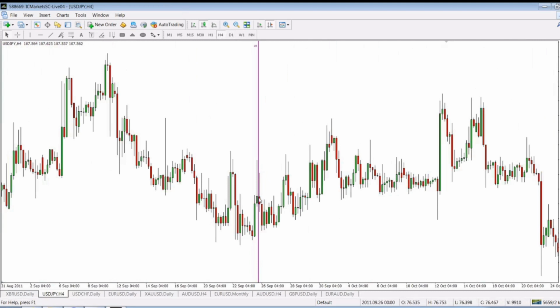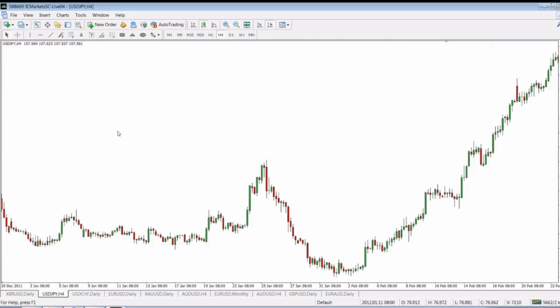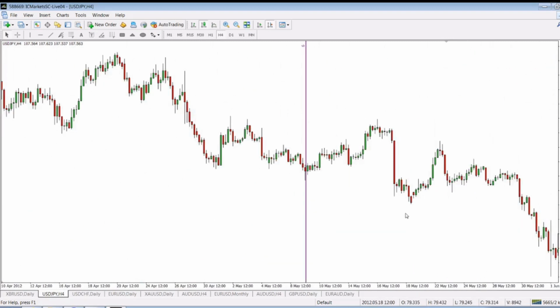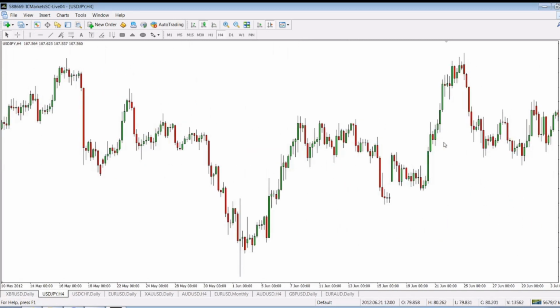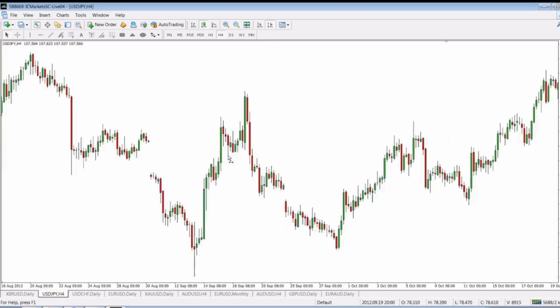We got right on the top. If you spot it, you spot it exactly where it should be, like this one. This is the 4-hour chart. It's not a big movement, it's just 100 pips or 80 pips, but it shows us. Here we got the bottom, a local bottom, another 100 pips to get from here.